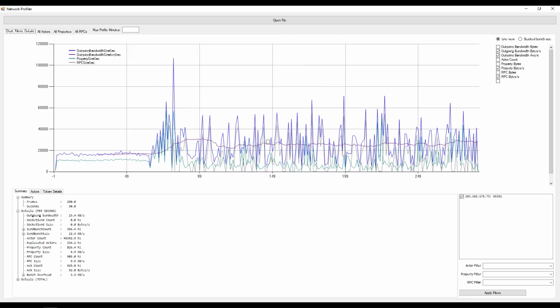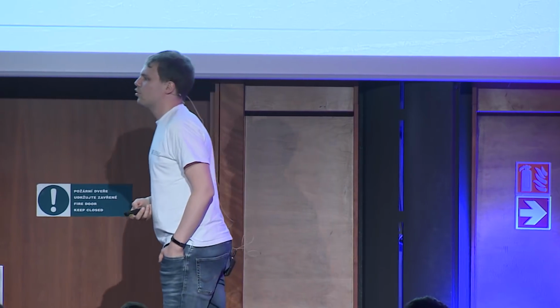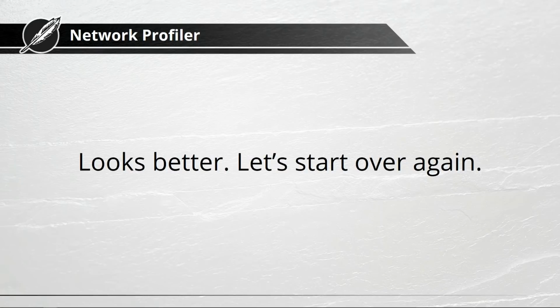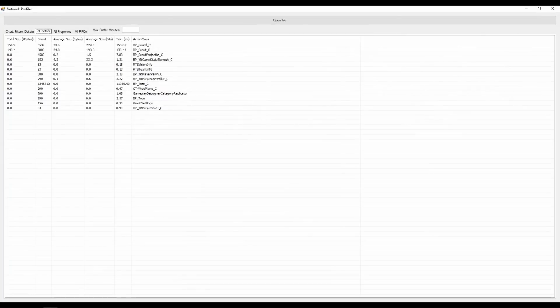So this is what the graph is actually supposed to look like, at least when I took a look at it. So we had to learn the hard way, and we have to start over again. Let's take a look at it again, now with the new data, turning off all the optimizations we've been doing so far, and we can see that now the trees have just vanished. So even without any of the optimizations we've been doing before, trees are at 0.0 kilobytes.